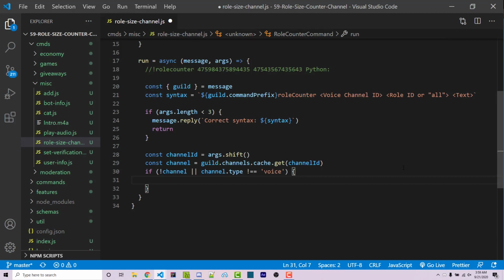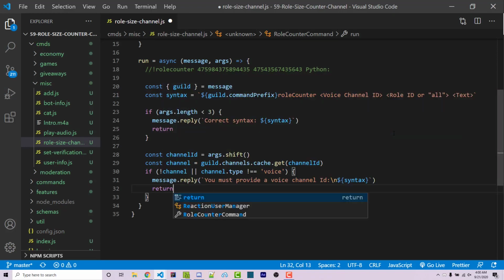So now that we have this, we can complain to the user because this if statement is saying that the channel doesn't exist or that the channel is not a voice channel, and so we can say message.reply. We can then insert a template literal, and we can say you must provide a voice channel ID. We could then add a colon, a new line, \n within a string will create a new line, and then we can insert the correct syntax. We then have to make sure that we return so we don't continue code execution, and now we can verify